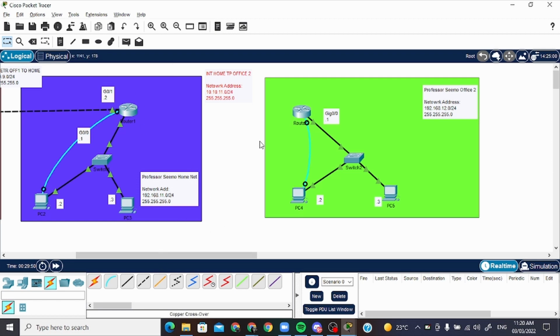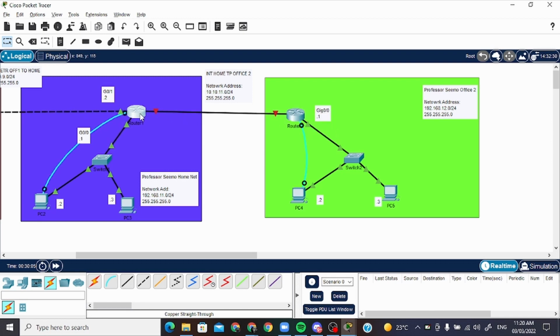Okay, let's begin with creating this network. We have a straight through cable between router 1 gigabit Ethernet 0/2 and gigabit Ethernet 0/1 of this network. Let's label everything again. Oh, I have used a straight through cable. Okay, let me actually continue with the